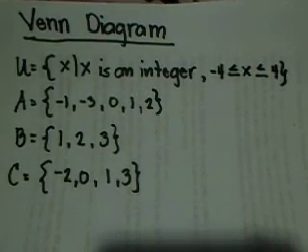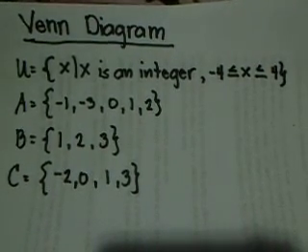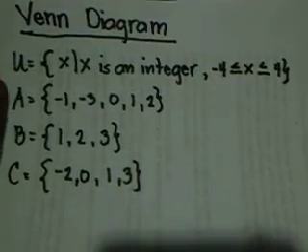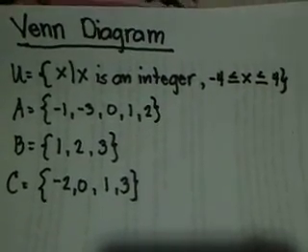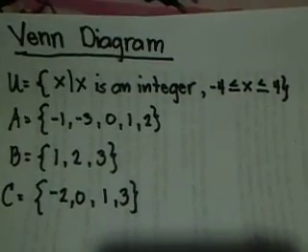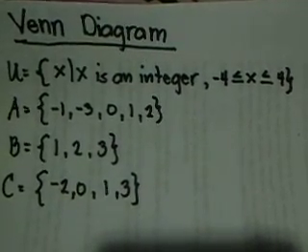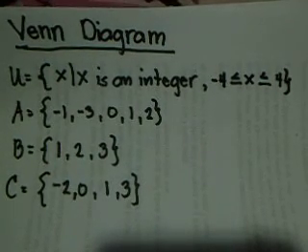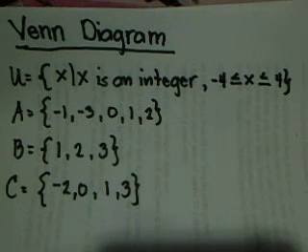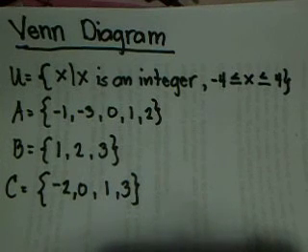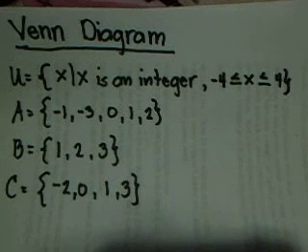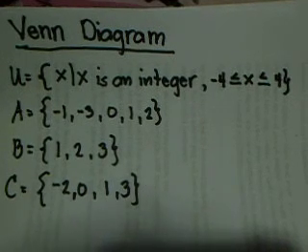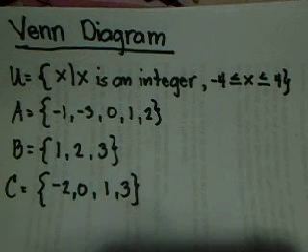Hi there everyone. This is my, I don't know if it's my fifth or fourth video on making a relationship of sets by making a Venn diagram. So let us all study here the sets of U, wherein U is the universal set, and the subsets of that universal set, which is the bigger set, are A, B, and C.